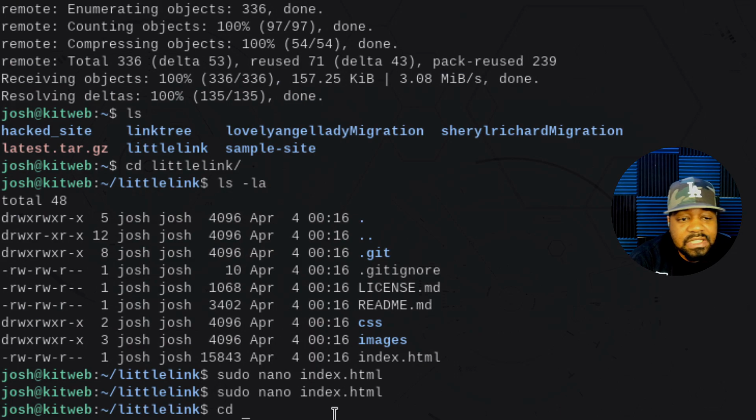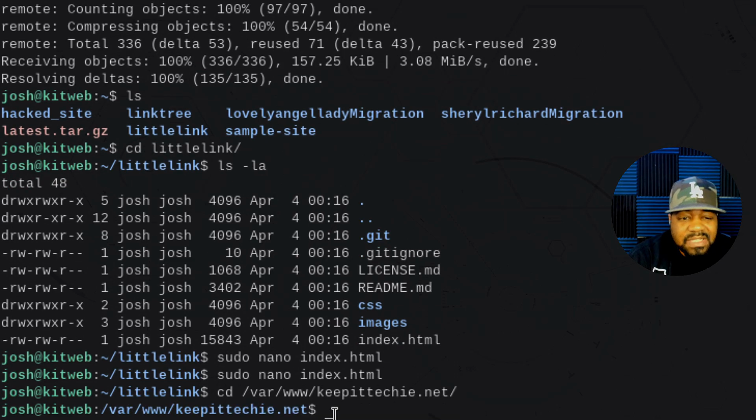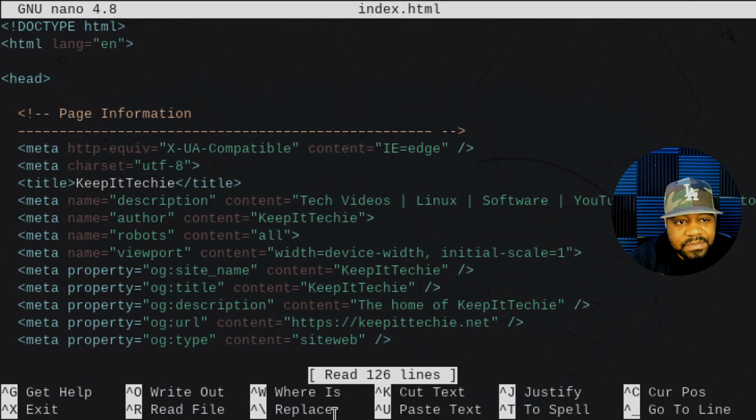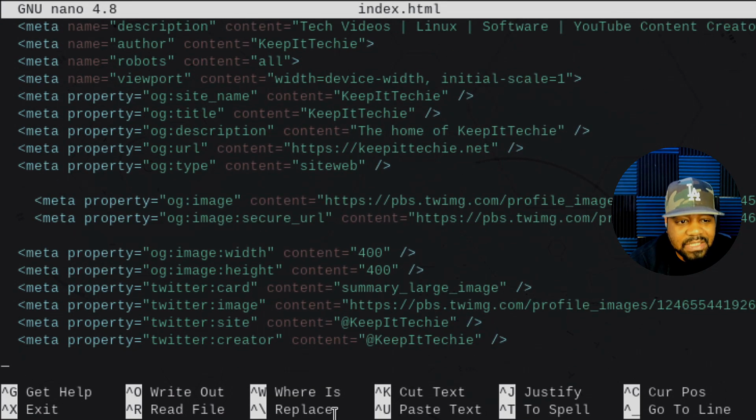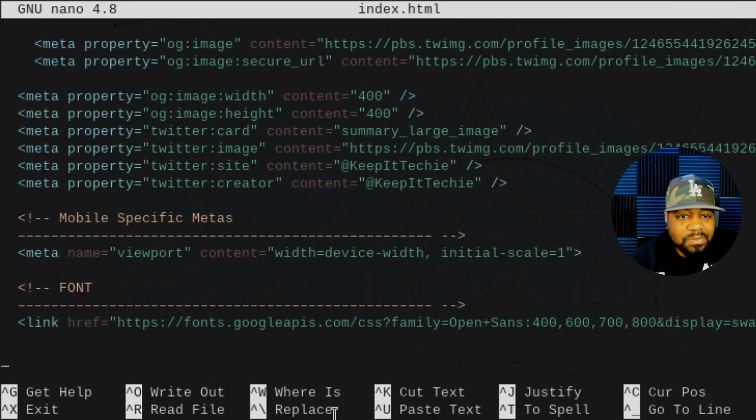So if we go cd var www and then keepitechie.net and then press enter, and then let's sudo nano index.html, press enter, and now you can see the changes. So like I said, I went through and changed and updated all my information, added some more meta properties. So mine is a little bit more confusing,